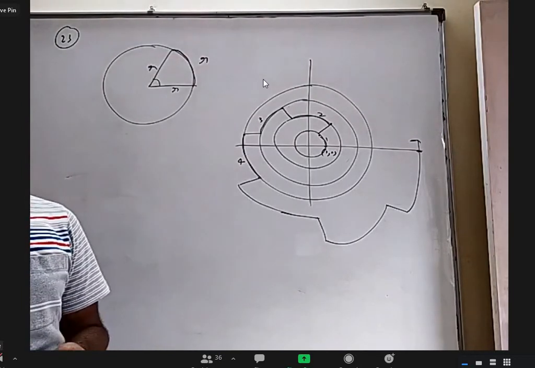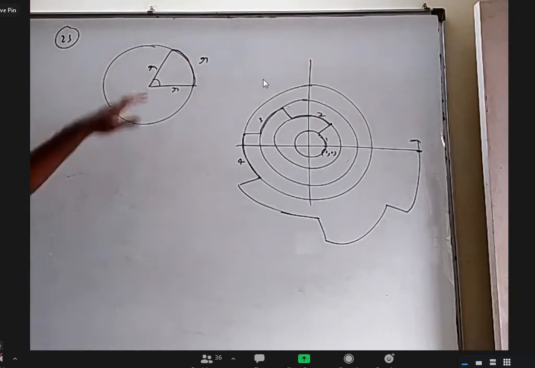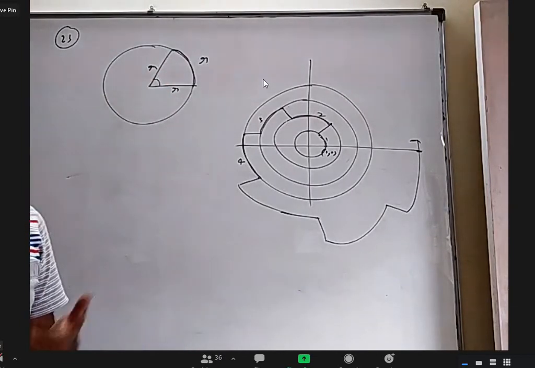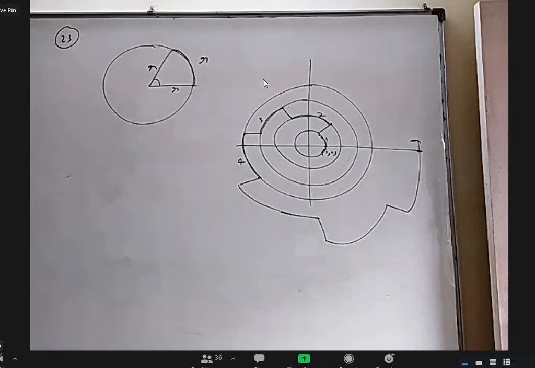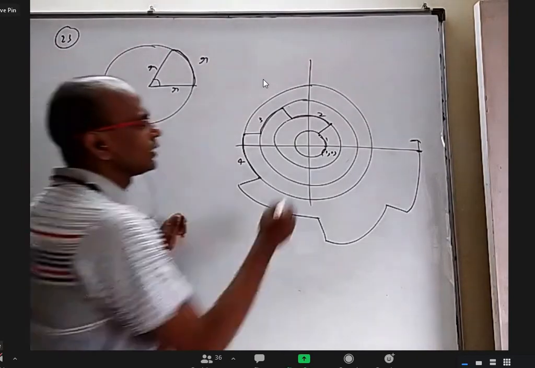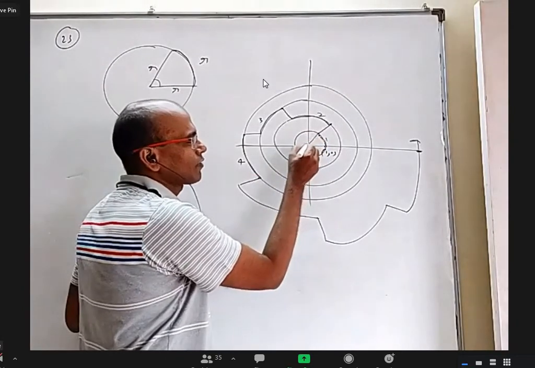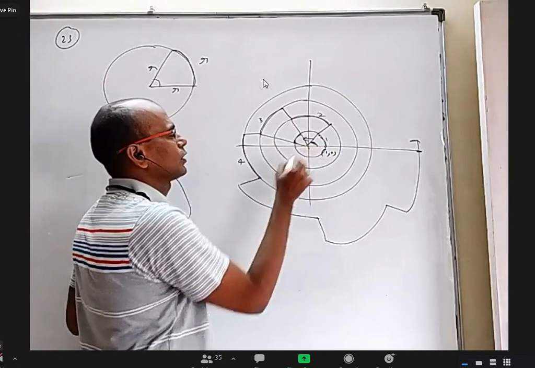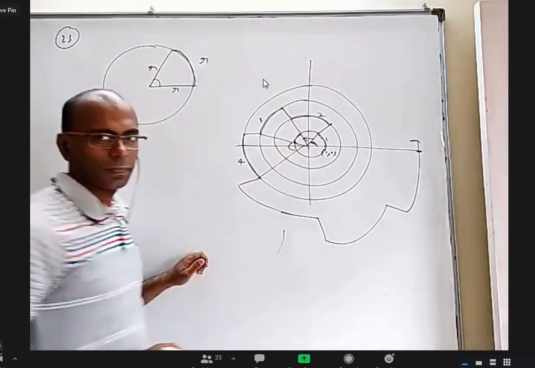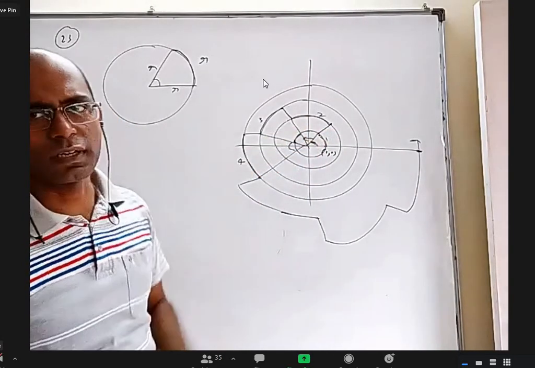Even at the time I said, sometimes people say everybody should remember the definition. Yes, it's correct. But once we defined it in the beginning, later on we never used it. We already know pi radians is 180 degrees and we just go ahead with that. But this question forces you to remember the definition of 1 radian, because how much length you are traveling is every time changing, but how much angle you are turning every time, that is not changing. You turn 1 radian here, 1 radian here, 1 radian here. So on a circle of radius r, you travel r, so you are turning every time 1 radian.